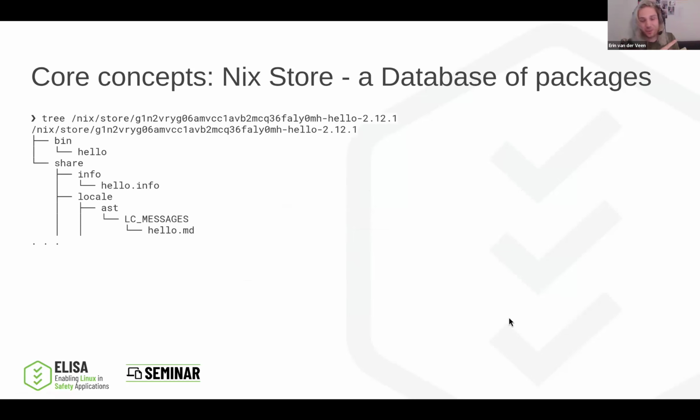Oh, no, sorry. This is what the Nix store path actually looks like. This is GNU Hello, which is the Hello World program made by GNU. And as you can see, it is FHS-like. The Nix system ensures that stuff gets added to your path, for instance, based on this FHS-like layout. What is a typical problem Nix claims to solve is one of the questions I got. We'll talk about that later. I want to talk about core concepts first, and then we're going to see how this all comes together to solve the big picture.